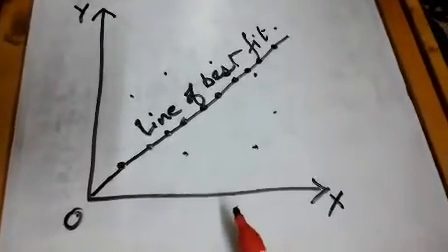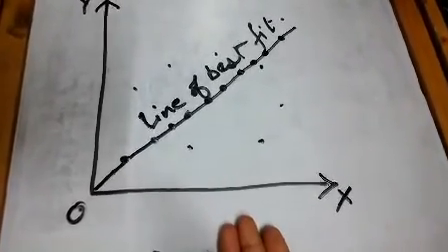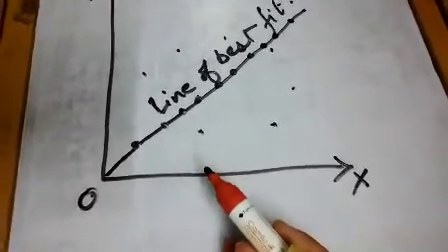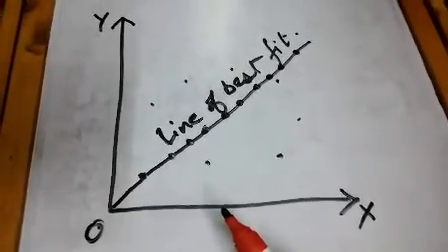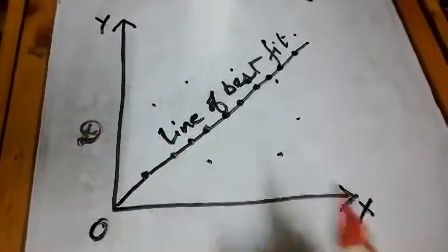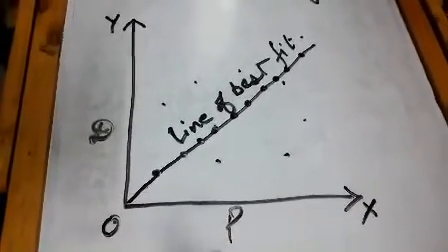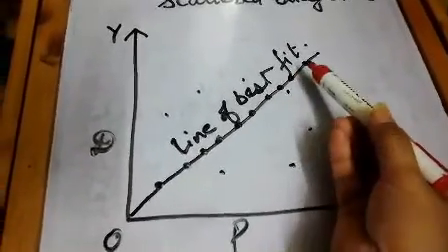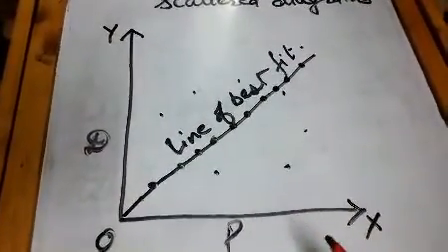So children, one of the most important points about scatter diagrams is that they only show an approximation of the relationship or closeness of the given set of data. Suppose this is the demand of a particular product and this is the price of the product. There is a relationship between demand and price, and this line is the line of best fit, and maximum points lie on this line.